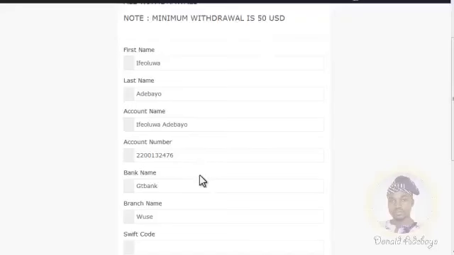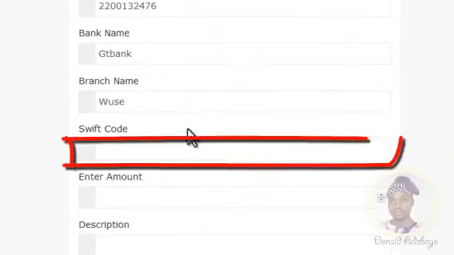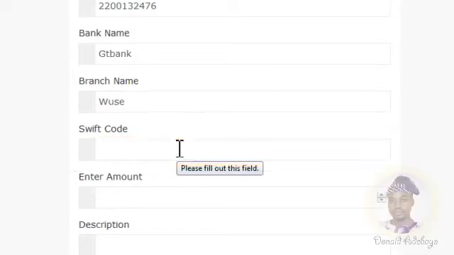So if you scroll down, the next thing I want to explain to you is what we call the SWIFT code. Now what is a SWIFT code? A SWIFT code is an international code that identifies a particular bank worldwide. It's also called a bank identification code, BIC. This SWIFT code consists of 8 to 11 characters. When you go to your bank, you can ask them to explain more on the SWIFT code. That's not my job. So the SWIFT code is what you will get from your bank,